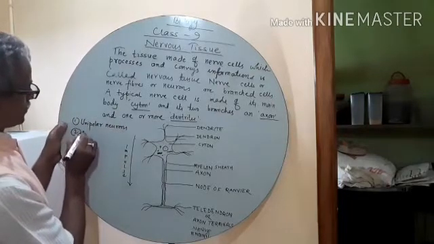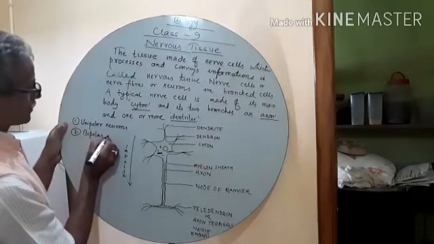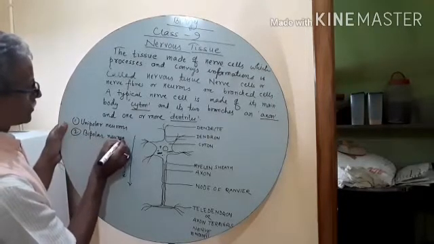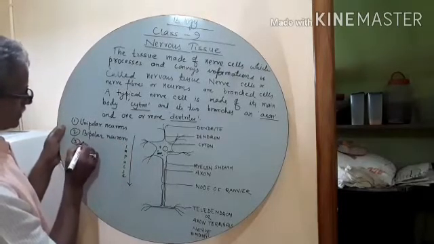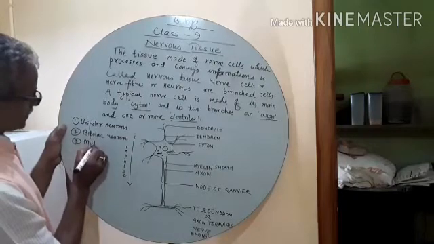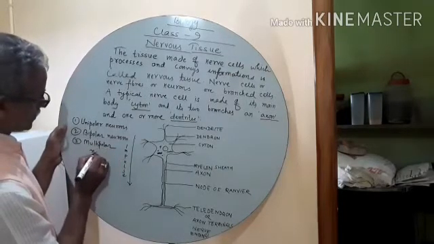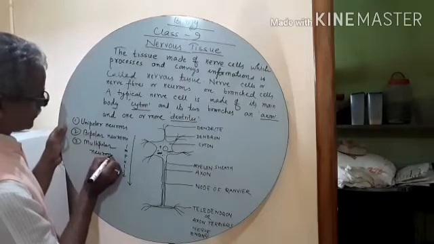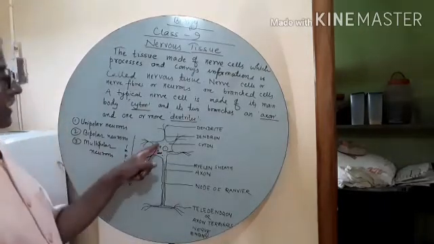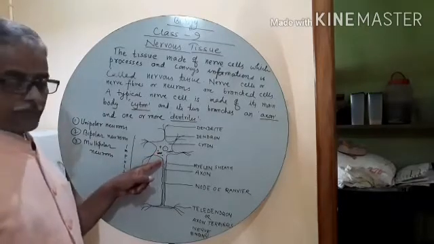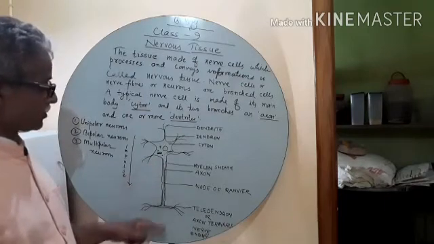The second is called bipolar neurons, and the third one is called multipolar neurons. Here is the diagram of a multipolar neuron,